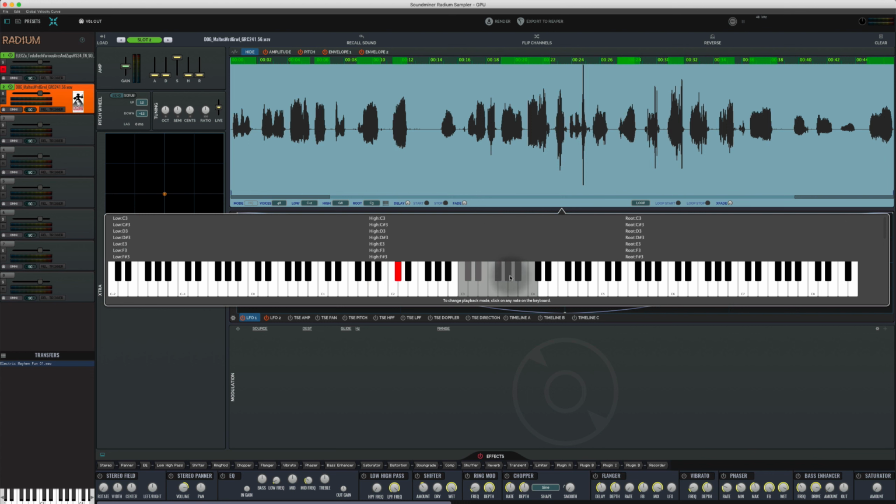set of keys. Okay, so I can right click and I could say basically map them around, well, let's click on C3. I could map them around C3 so that C3 is the middle of them now and it maps them from low to high, or I could say map them, again, starting at C3 and they map to the right. I could say map one region per octave. This is pretty cool. So now